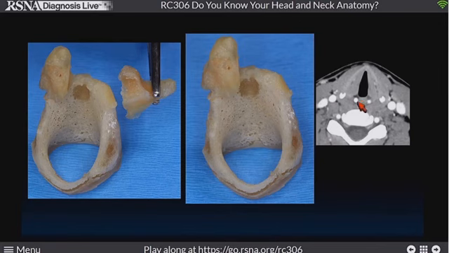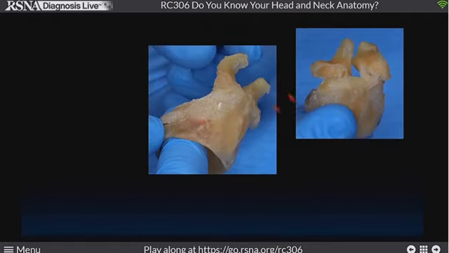And it does get mineralized not infrequently. So it's an important thing for us to know. This is where the arytenoid articulates. It slides up and down. Here, this is the arytenoid. You have the corniculate on it. And here, if you cut into the joint, you can see that entire joint. It can slide and it can rotate front to back.